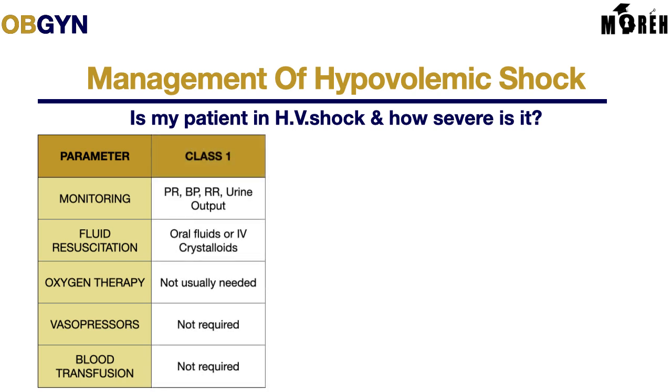So if it is class 1 of shock, then you want to monitor the pulse rate, the BP, the respiratory rate, and the urine output. Okay, as we're doing the monitoring in class 1,